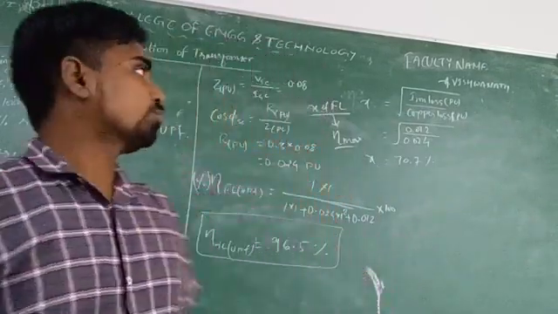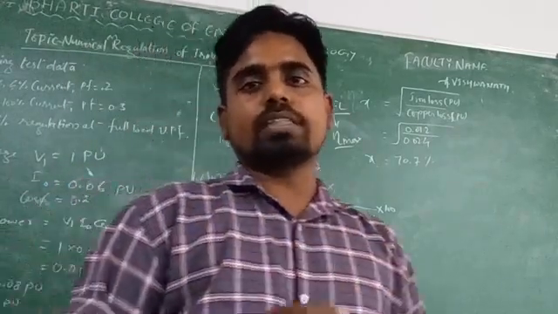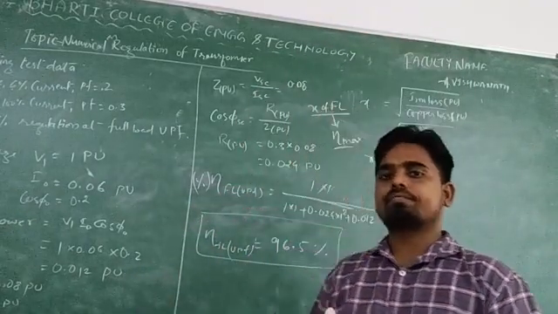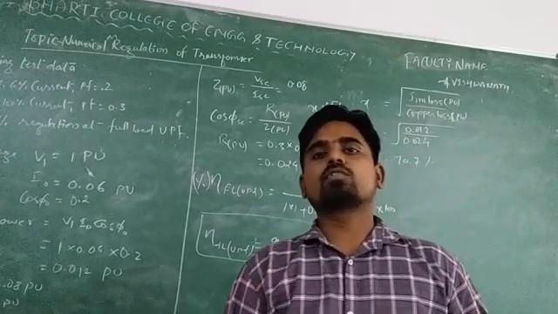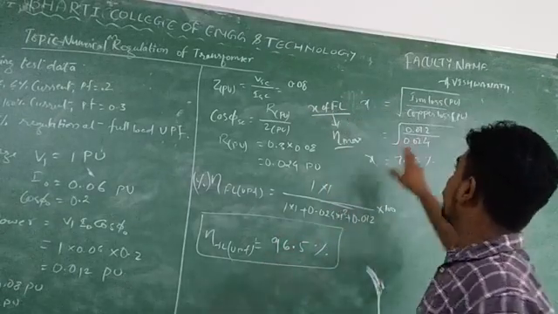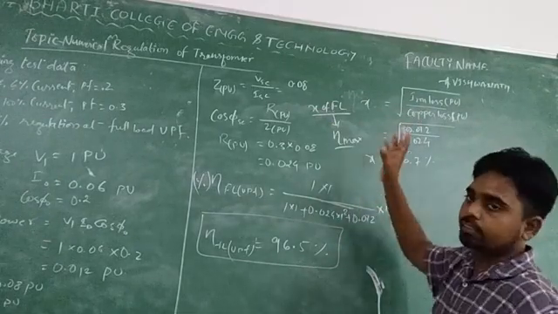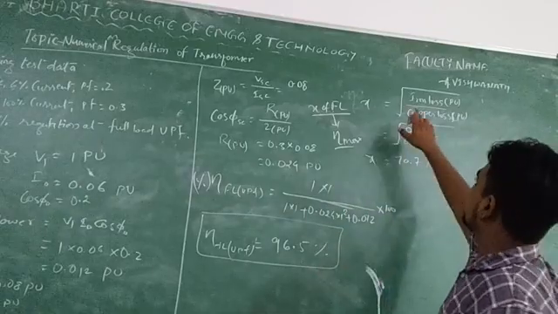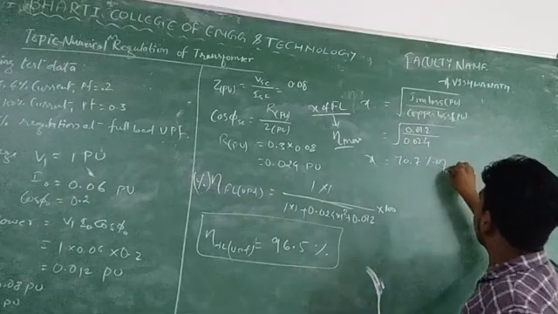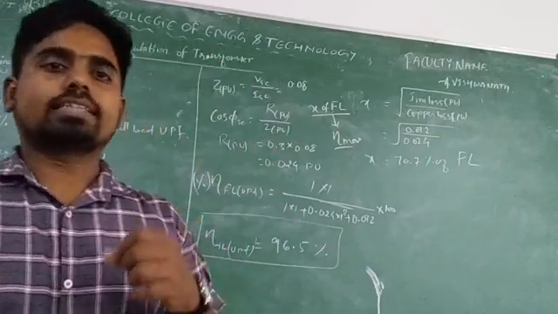X of the full load, x part of the load, when we load the transformer. At this moment, we can find at what percentage of the full loading the transformer will give the maximum efficiency. So the formula for knowing the loading at which the maximum efficiency can be possible is under root iron loss upon copper loss. So at 70.7% of full load, we will get the maximum efficiency from the transformer.